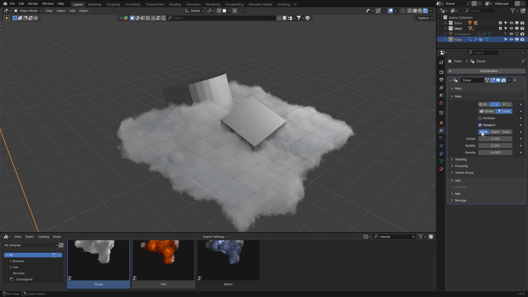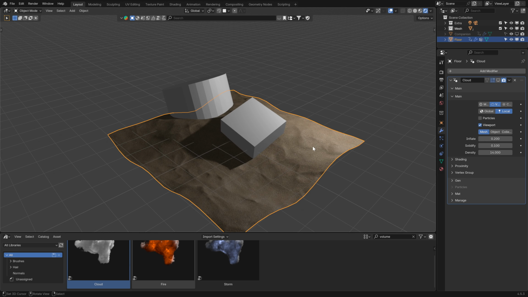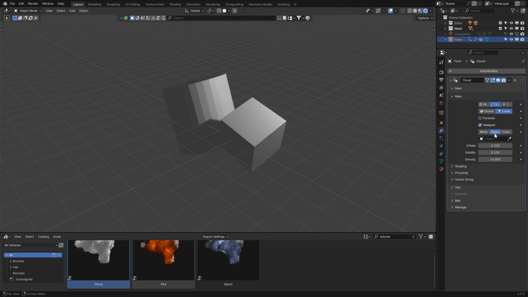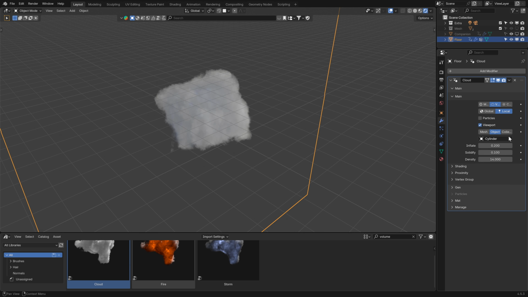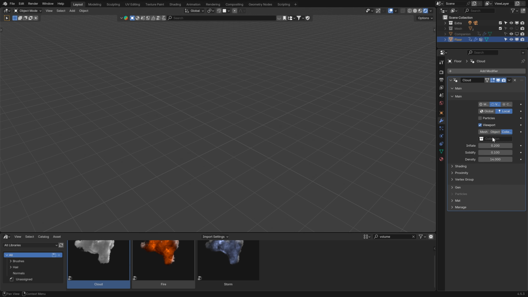By default, when you add the volume on a mesh, you can see you have this option enabled. But if you want, you can select a single object, for example the cube. Now you have this. Or the cylinder, etc. Or if you want, you can select a collection of objects.